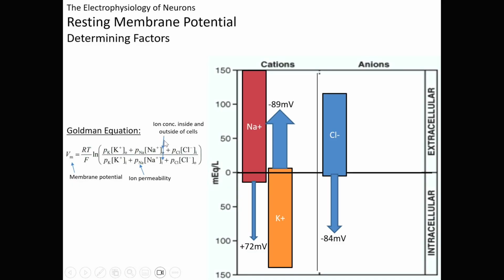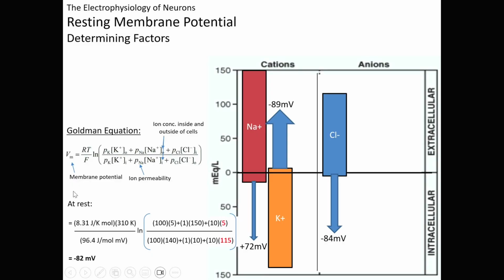But then you'll also notice that each of these concentration values is multiplied by the ion permeability. It's multiplied by how permeable this ion is, how many leak channels there are for this ion, because as we just said, that dictates how much of a say this ion gets in determining what the overall resting potential is. So if we, again, do the calculations here,